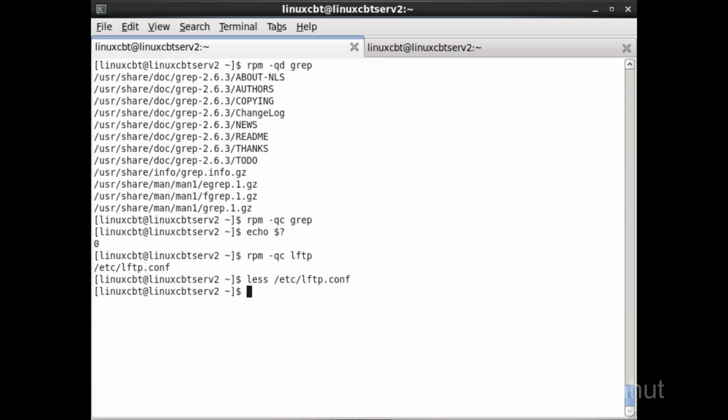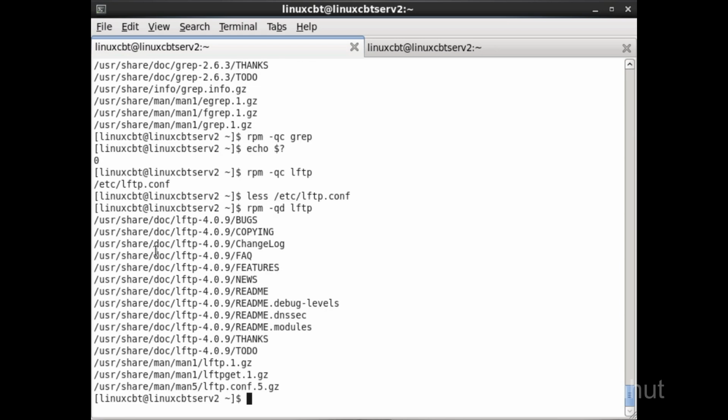And similarly, the other queries that we've performed against grep would work for LFTP. So here are the documents for LFTP. LFTP, get, there's even a documentation file for the config file so that you can learn more about the configuration directives. And a top